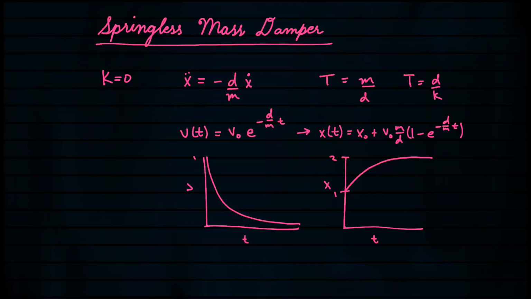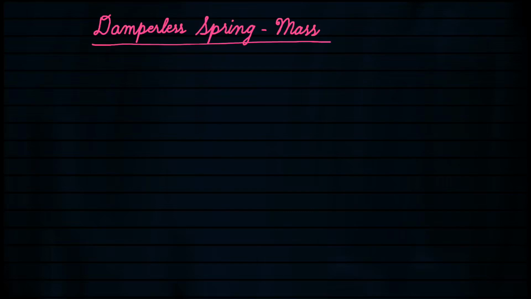Okay, so next we want to take a look at the case where we have a damperless spring mass. In this case, we're going to set the damping constant equal to 0. So d equals 0, and this is going to give us that acceleration equals minus k over m times our x position. And then when we solve this one, we'll have,